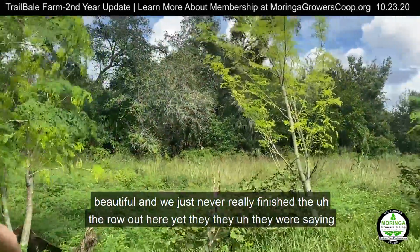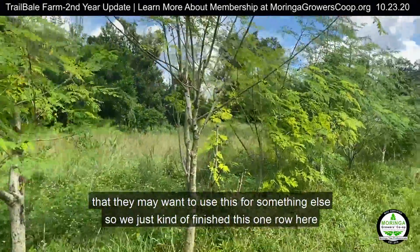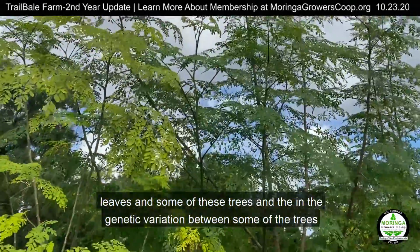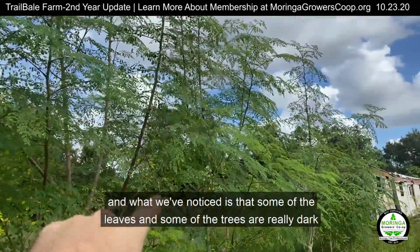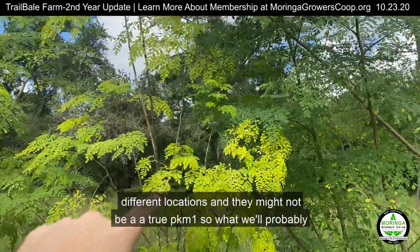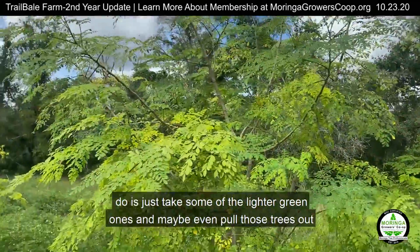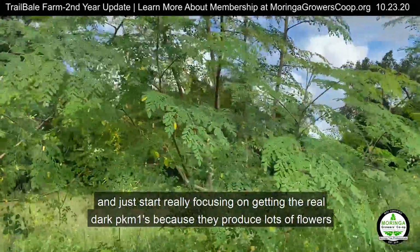And we just never really finished the row out here yet. They were saying that they may want to use this for something else, so we just finished this one row here. What I pointed out to Travis was the difference in the color of the leaves and the genetic variation between some of the trees. Some of the trees are really dark, and some are a little bit lighter because they came from different locations and might not be true PKM1. So we'll probably pull some of the lighter green ones out and start really focusing on getting the real dark PKM ones because they produce lots of flowers